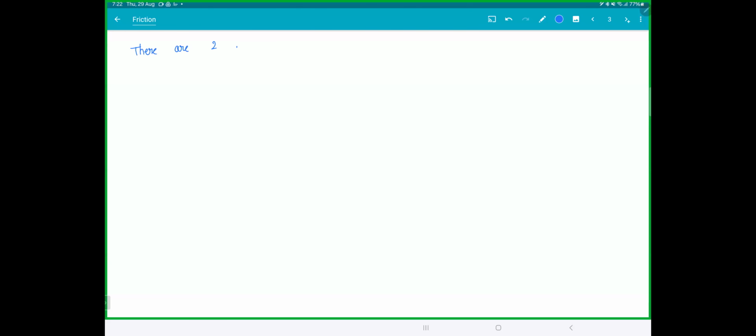Now, there are two reasons for friction, in two accepted theories, you can say. The first one is interlocking. Second one is cold welding. So interlocking is straightforward to understand. So this theory says,